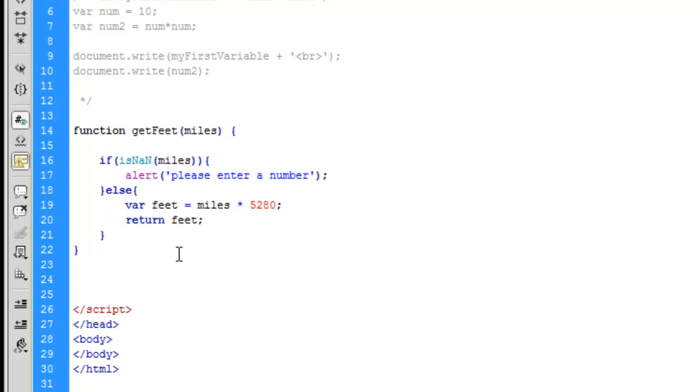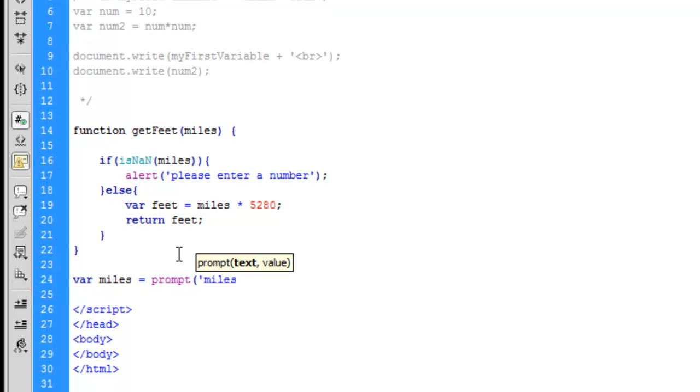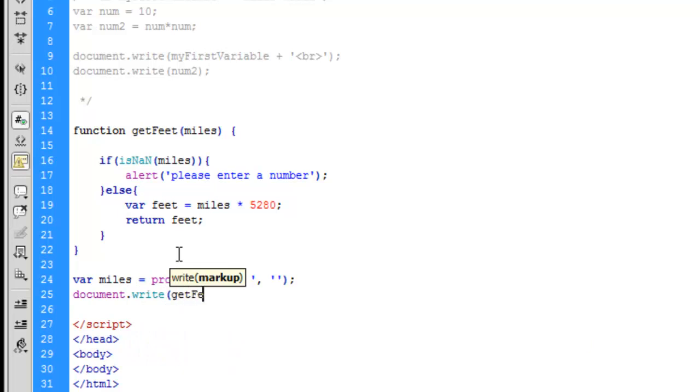Now let's actually prompt the user for miles and call our function. So variable miles equals prompt, miles, no default value, and then document.write getFeet. So there's our function call, and we're going to use the variable miles, so what the user enters into our prompt. So miles, because we have two open parentheses, we have to have two closed parentheses, and that should do it. So click save,